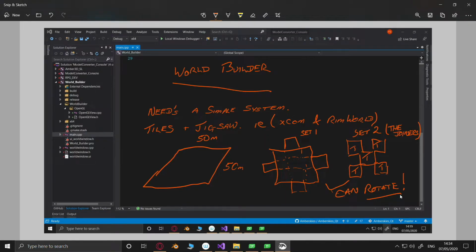You start with a world builder that can build this. So this is what we are going to start with. We are then going to build that up into a set 1, in other words, the start location for one of our races.